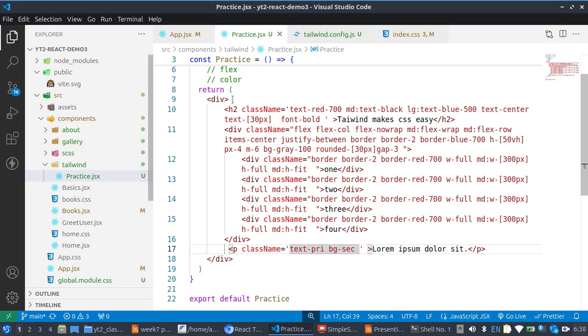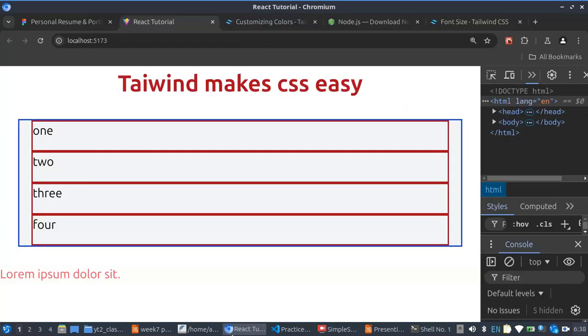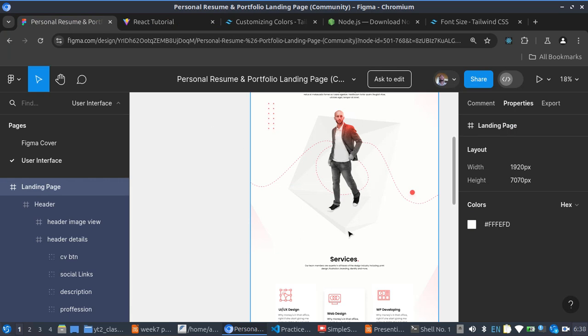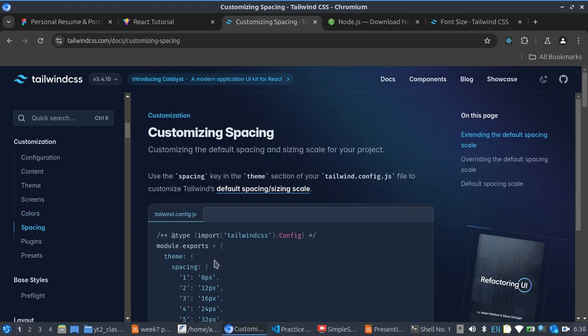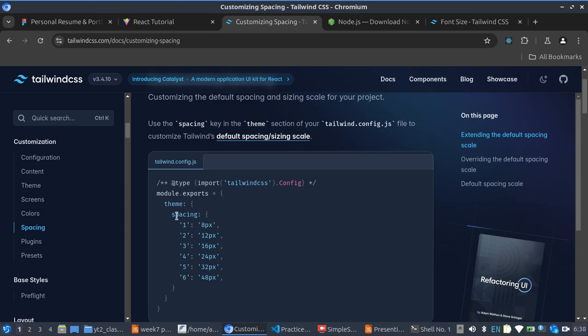colors. So if the Figma design that you are working with has a style guide, then you can just easily do all those stuff. So you'll be using your custom. Then the font size, so let's go to the Figma design. So we have our spacing, so you can also include your spacing. So by default is 8. Then